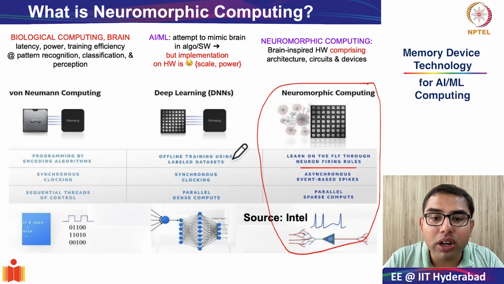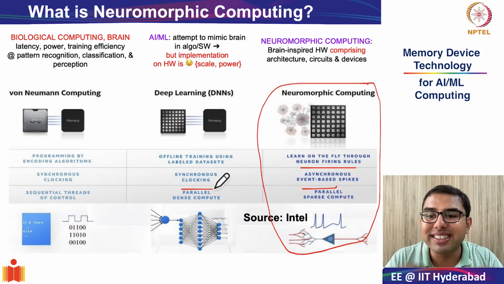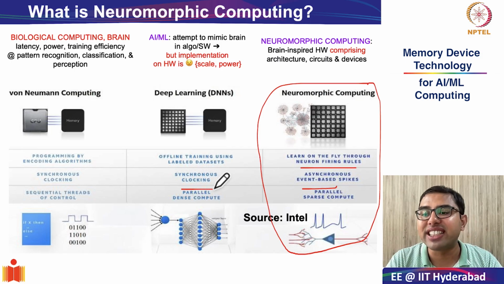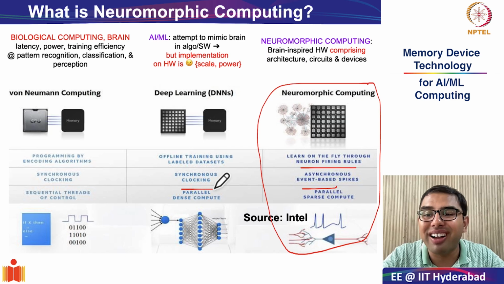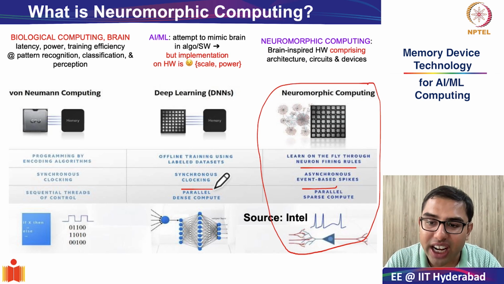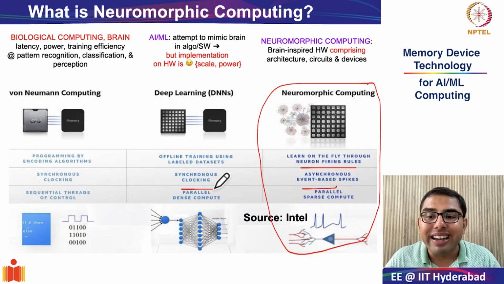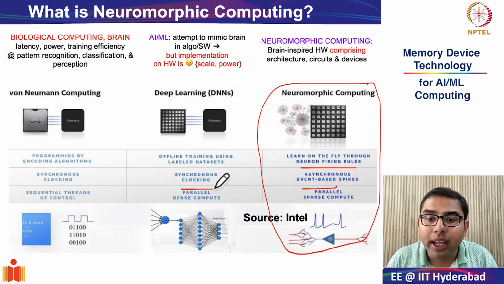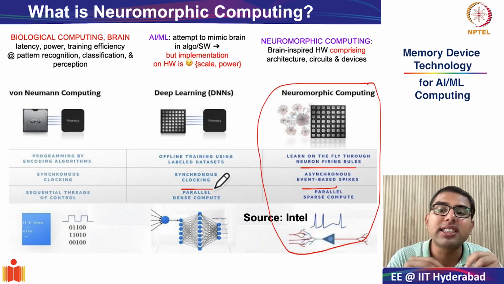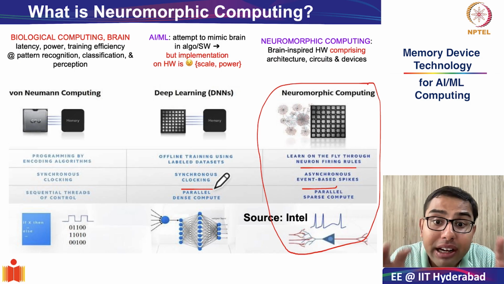Also, the most important thing is instead of a global synchronous clock, neuromorphic systems are essentially asynchronous event-driven computation, where all the neuronal firing happens only when an event occurs. And because there is no global clock running throughout the system, it drastically reduces the wasted energy. And instead of having dense all-to-all connectivity, neuromorphic hardware embraces sparseness. What is sparseness? Limited connectivity and parallel computation, where only a subset of neurons and synapses at a given time